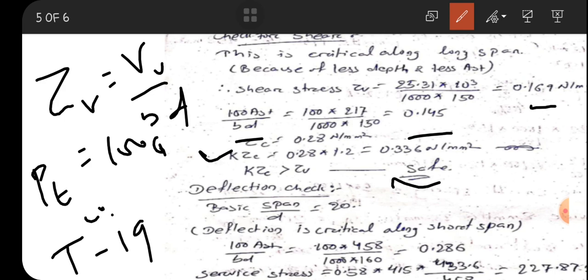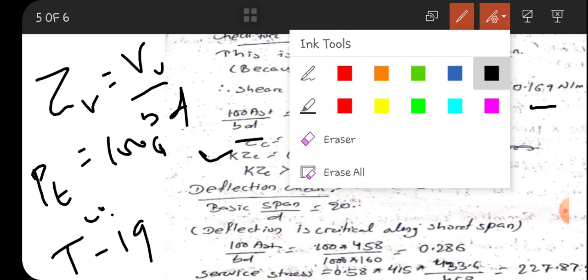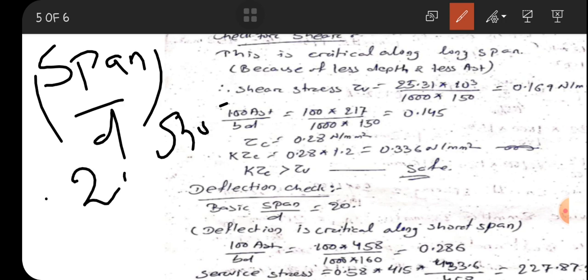Then deflection check, and deflection check, we know deflection is critical for short span only, and therefore we will check the span by d ratio for short span only. As the length exceeds 3.5 meter, therefore we are taking this as simply supported slab, and for simply supported slab we know that span by d ratio is 20, then we can calculate the permissible span by d ratio, that is maximum span by